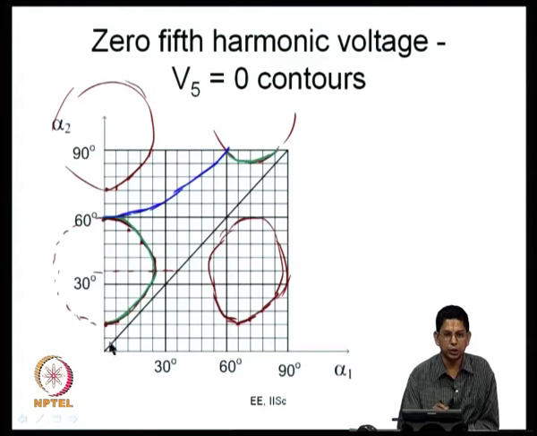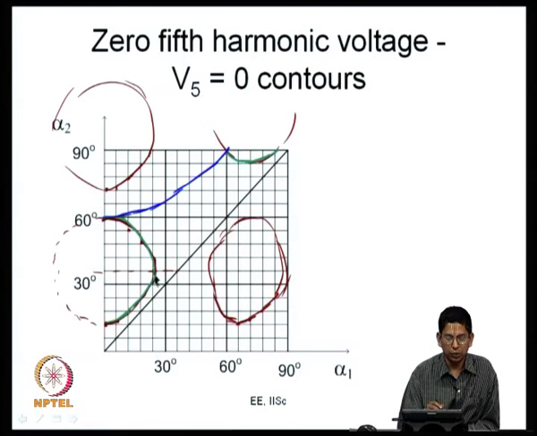If you take alpha 1 equal to 0, the other corresponding values of alpha 2 could be 12 degrees, 60 degrees, 72 degrees, etcetera. At every one of these points, the slope of the V phi equal to 0 contour is 0. It is 0 here, the slope is 0 here, the slope is also 0 here. And the slope is infinity when sin phi alpha 2 is 0, which happens when alpha 2 is equal to 36 degrees.